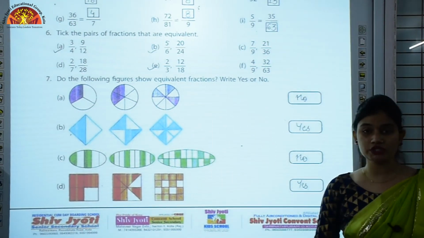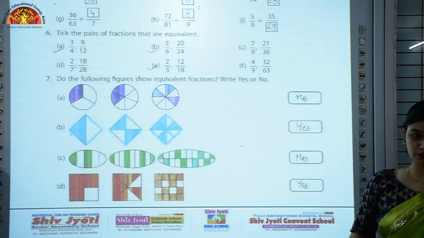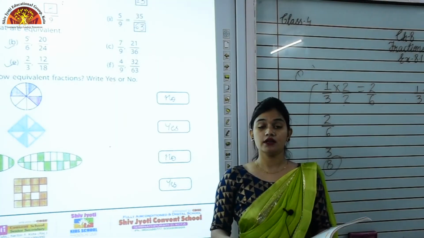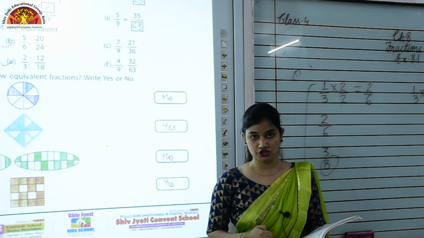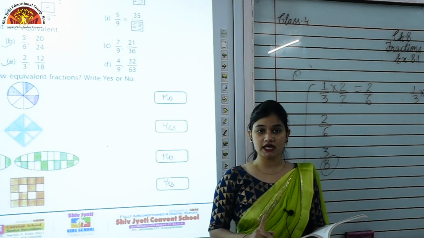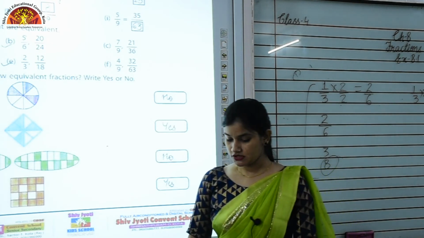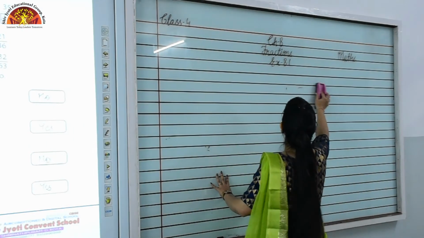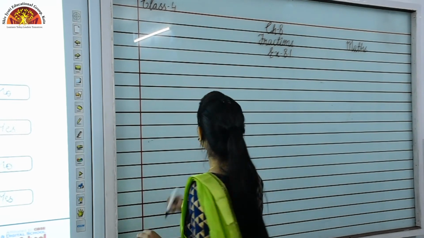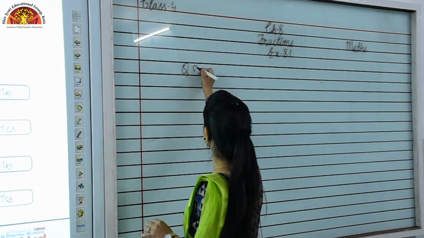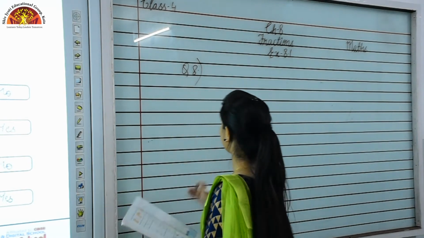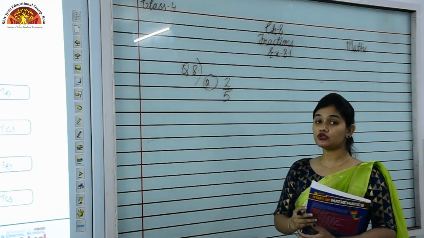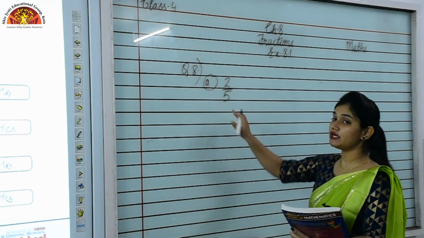Now students, we will do question number 8, which is copy work, and question number 8 is: write the equivalent fractions with denominator 40. Now again we have to write the equivalent fraction of the given fraction, but this time the denominator should be 40 only. So just look here. This is question number 8 and the A part is 2 upon 5. And you have to write an equivalent fraction, but the denominator should be 40.